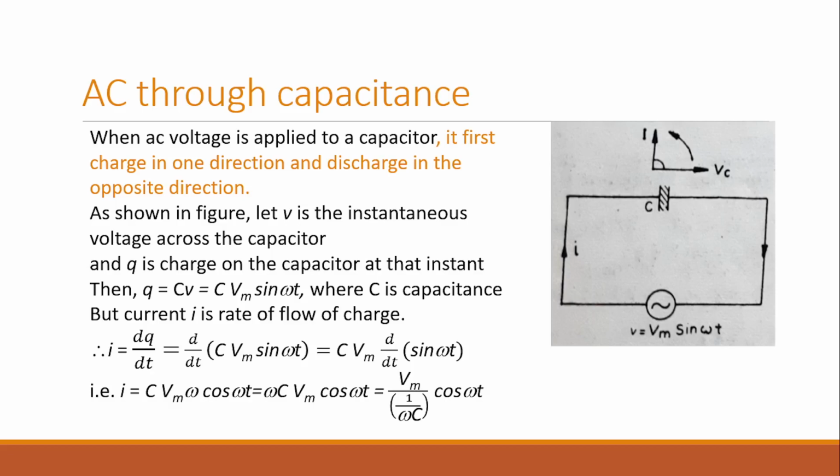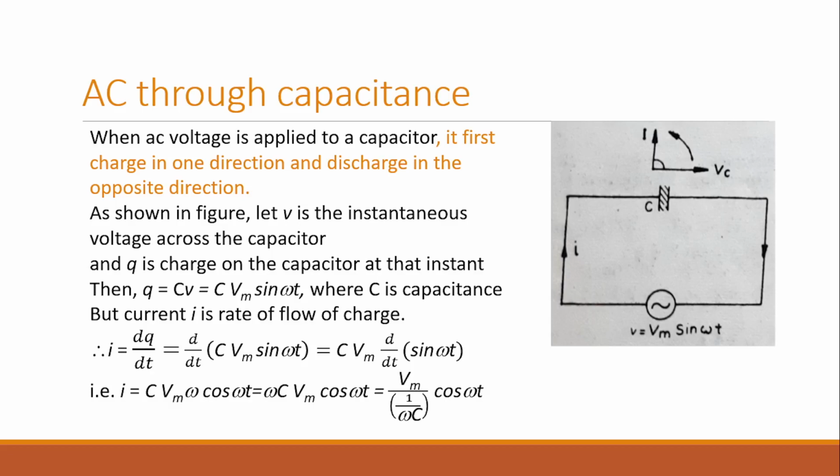So, in this way, we can summarize that when AC voltage is applied to a resistance, then there is no lag or lead between current through the resistance and voltage applied. When AC voltage is applied across an inductance, then current lags behind the AC voltage applied. On the other hand, when AC voltage is applied across the capacitance, then the current leads the AC voltage by a phase of pi by 2 radians.